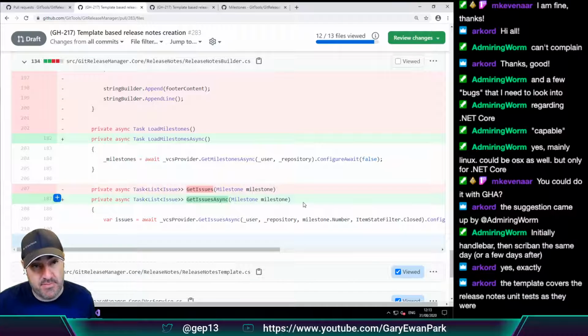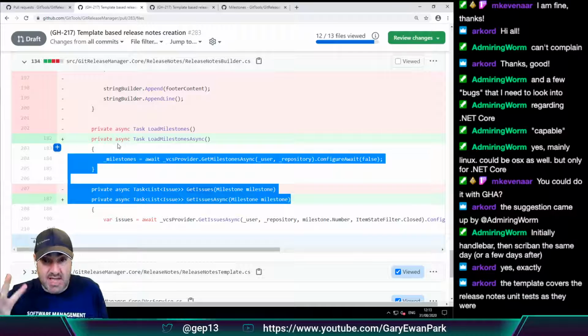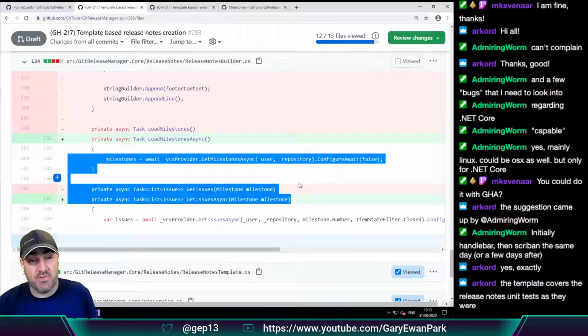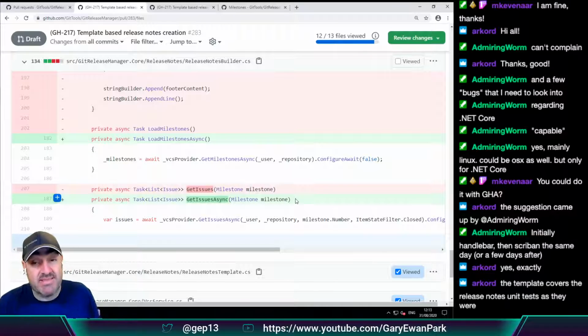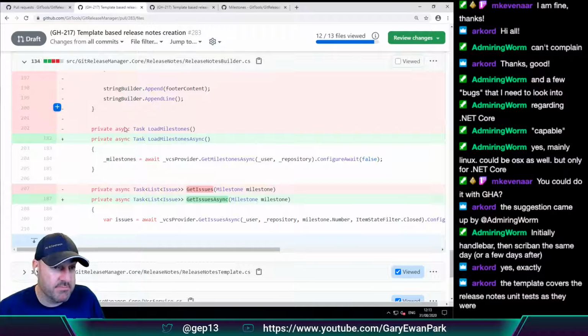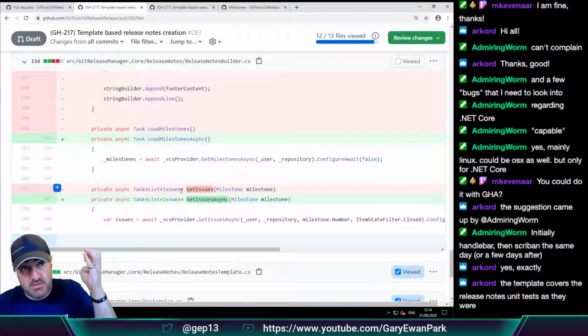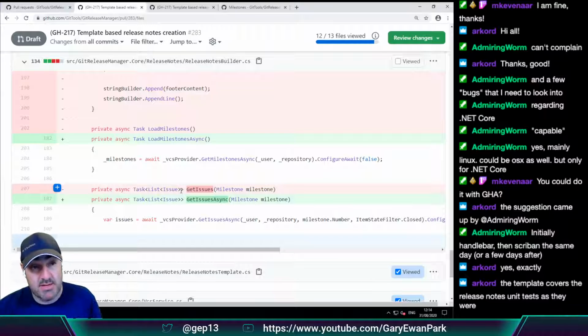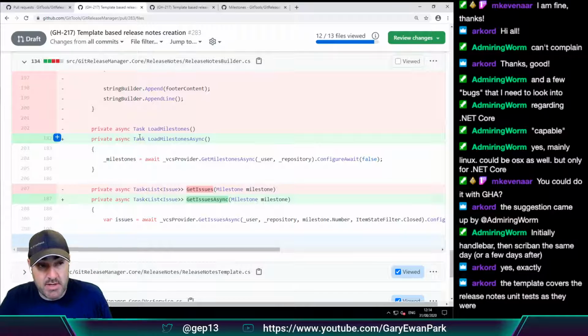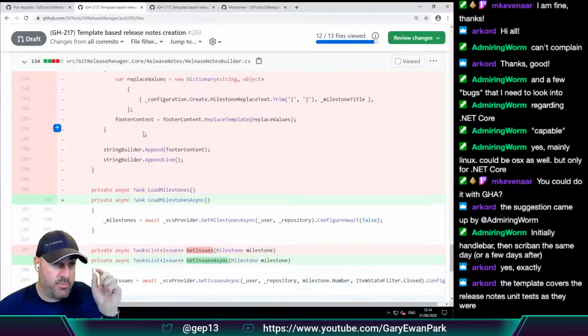So that to me would have been a standalone commit. For example, that might have just been a maintenance commit, so it would have been open parentheses maint, and then made the method names consistent. So small point, just something to think about maybe, because like I say, it's not strictly related to the creation of the template. It's good to make that change when you see it, but maybe not as part of the 217 issue. So just a small point.